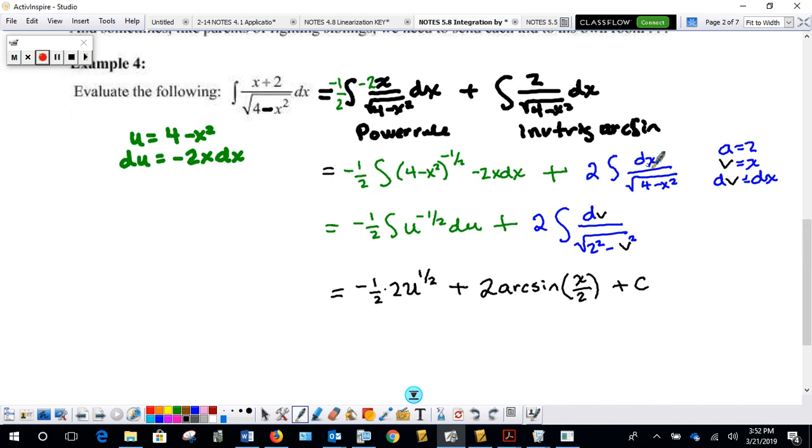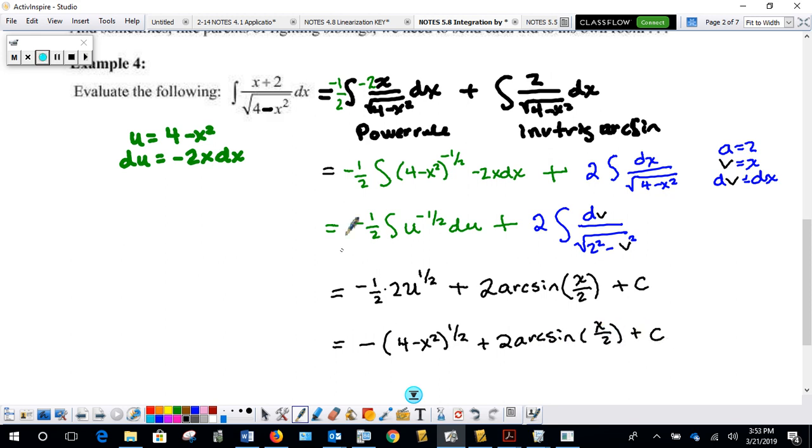And sometimes when this is in the really nice format, I don't even change the x to a v or to a u because it's already in the right format. So you can leave that as it is. And then one more thing, we have to put our u back in here. So we would have negative 4 minus x squared to the 1/2 plus 2 arc sine of x over 2